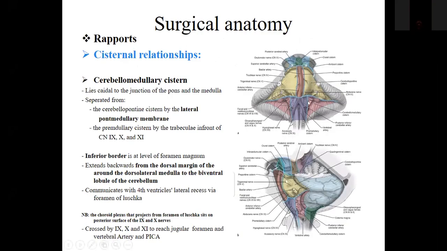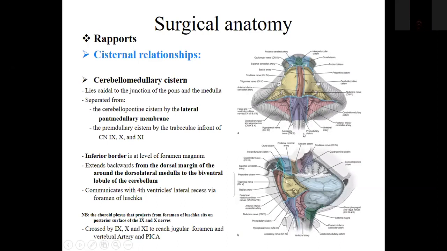It is separated from the cerebellopontine system by the lateral pontomedullary membrane, and from the premedullary system by the trabeculae just in front of the cranial nerves number 9, 10, and 11. So as we said, the limit for the premedullary system here is laterally just ahead of the rootlets of the glossopharyngeal, the vagus, and the accessory nerves. And the medial limit here is with the trabeculae just in front of the cranial nerves number 9, 10, and